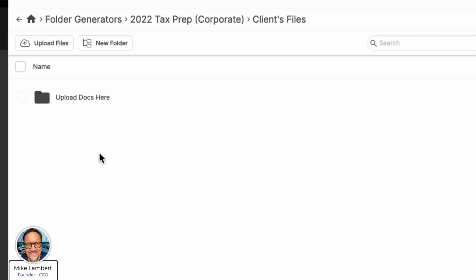So here's a good example. If I click inside now, uploaded, or the client's files uploaded by client, I get upload docs here. If I click inside that, I'll say upload account statements. This is what I've pre-created and predefined. So what I'm doing here is, on the client side,